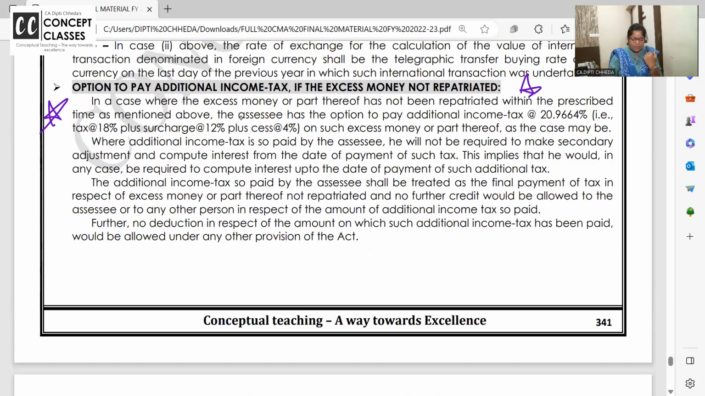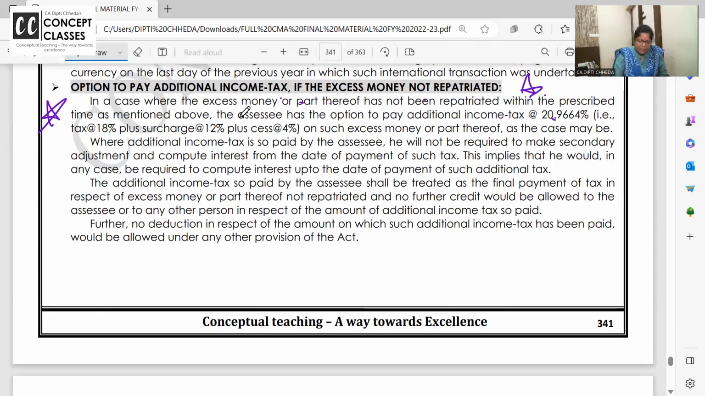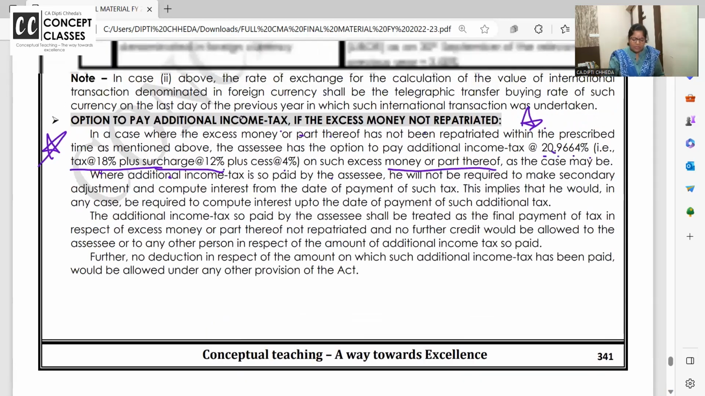Mark this very important. If the additional income is not repatriated in India, then SSC has to pay additional income tax at a fixed 18%, and surcharge of 12% on 18%, and education cess of 4%. So 20.9664% on the excess money. Okay, that 20 lakhs difference you pay one time out of your pocket and you are free. This is the completion of the story of